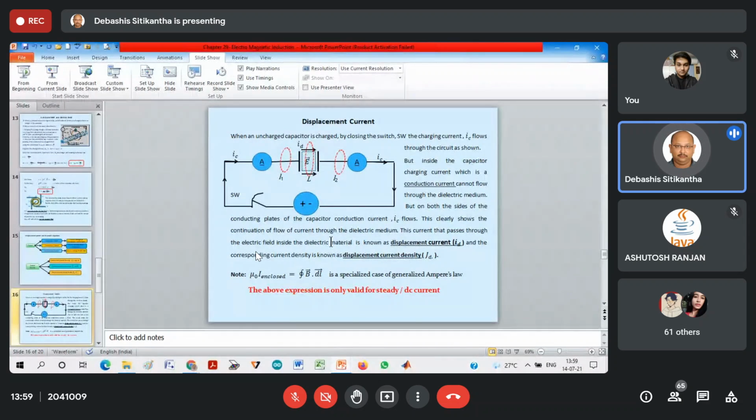But chapter number 31 is very, very, very important. It is the only chapter from where you will at least get a 15 to 20 marks question. That is on alternating current. And I feel I will have to take a lot of time to teach that particular chapter in detail.